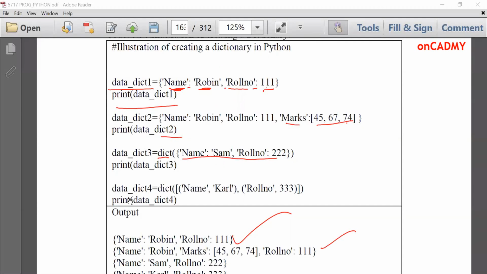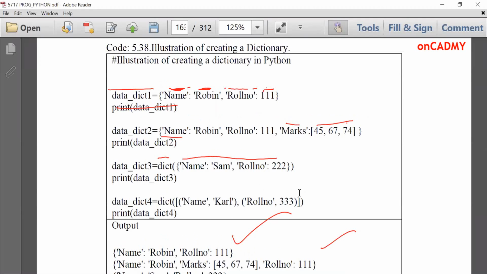Similarly, another way to create a dictionary is dict, where you can give values without using colon. You give the value by putting parentheses. First of all, these are the parentheses. The outer parentheses are of dict function. Then the square bracket, and in this we are giving values in parentheses again.